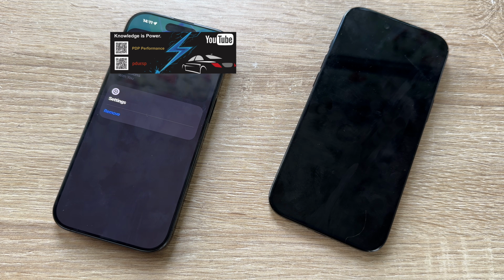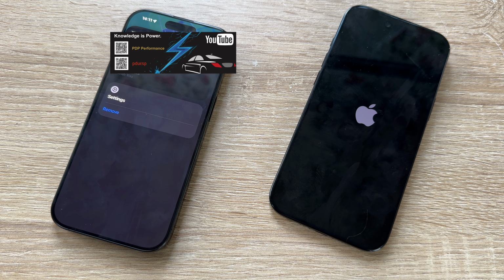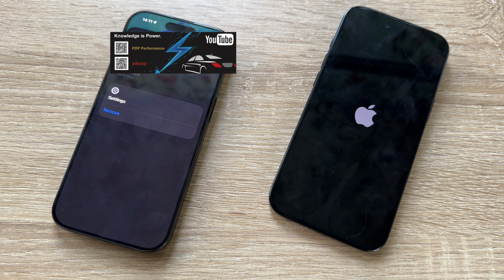But of course, if this phone is rebooted and goes to the setup process, you will get information if there is another Apple device nearby, because the other Apple device nearby will report this lost phone and its location information. You can see this information in your Find My app, on the internet, or on another Apple device as well. And then of course you can navigate to your iPhone and get it back.